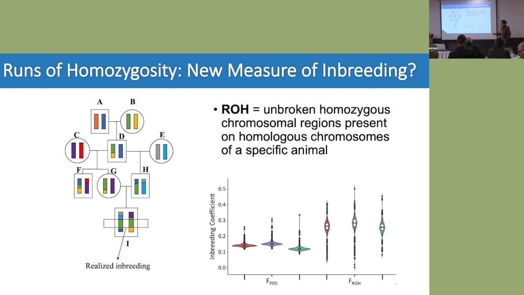Right? And maybe you can see that, maybe you can't see that in this graph, but here when we look at pedigree inbreeding coefficients, the distribution is very tight. We don't see a lot of difference because we're expecting all siblings to have 50% shared DNA and all half sibs to share 25% DNA, and we can't really see what exactly is going on. But if we use DNA, you can see here in this FROH, inbreeding coefficients based on runs of homozygosity, we can much better differentiate between animals that are actually inbred and those that by chance don't actually share that much DNA with each other, even though they're related.